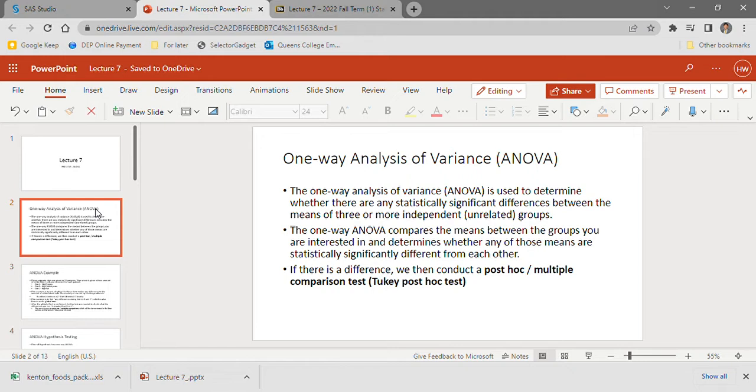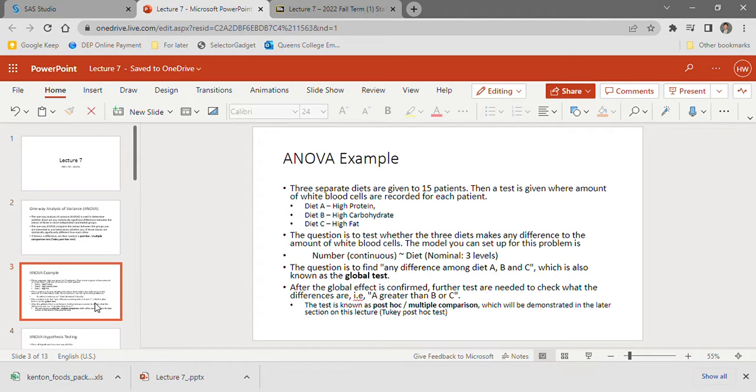Hope this is making sense. But if not, stay tuned. I'm feeling pretty confident that we'll be able to get it, right? So